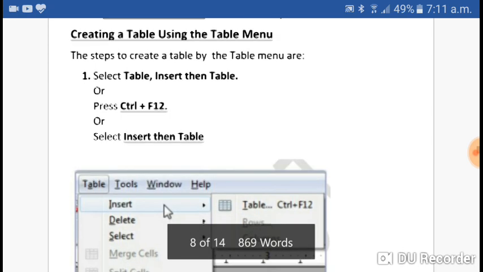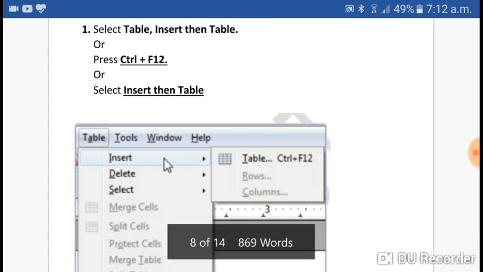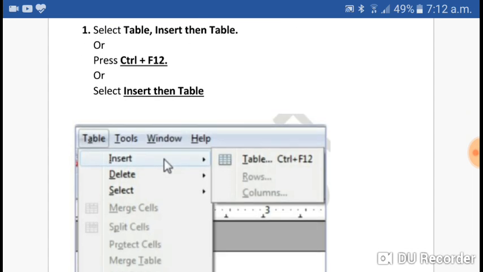Now, creating a table with the help of the table menu. It is an alternative way to create a table. For this, select Table from the menu bar, then click on Insert. You can see in the diagram: Table, then Insert, and then its sub option Table.